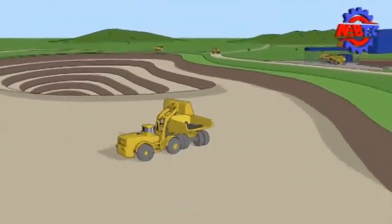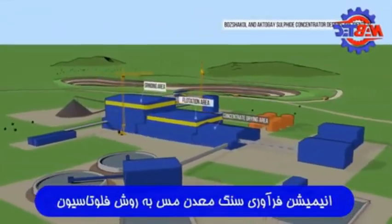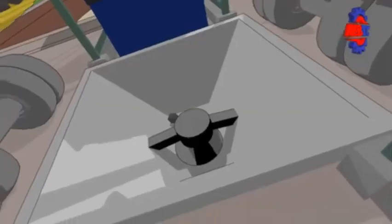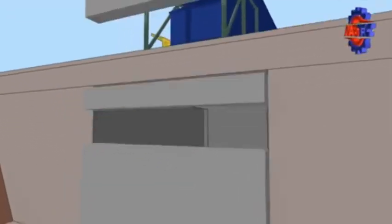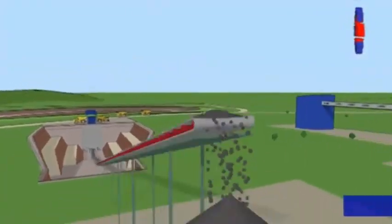The ore from Cars Minerals open pits is to be processed at newly constructed concentrators. First of all, mine trucks deliver the ore to the primary crusher. The capacity of the crusher receiving bin allows containing 2 trucks load. This crusher reduces the ore size by approximately 80%, then crushed ore is to be shipped to the concentrator via